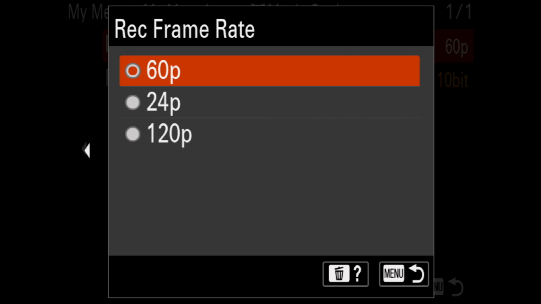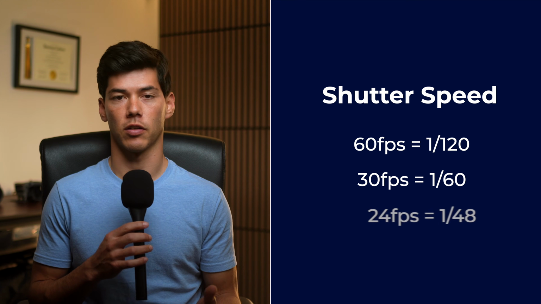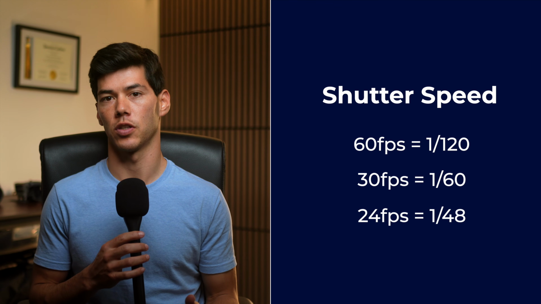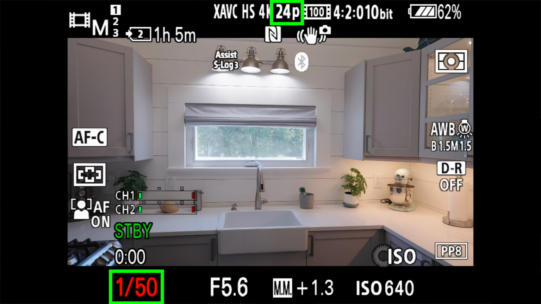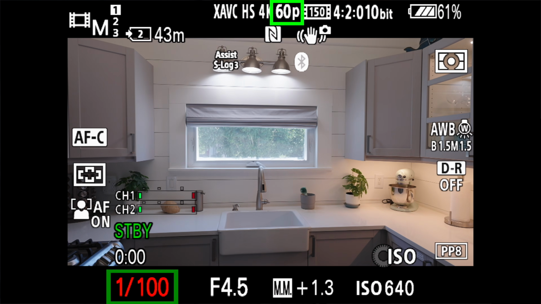Set your frame rate to 60 frames per second. Most modern cameras can shoot 4K at 60 FPS, but even if you only have 1080p, that'll be just fine. Next, your shutter speed should be double your frame rate to create natural motion blur and make your footage feel cinematic instead of choppy. So if you're shooting at 60 frames per second, the shutter should be 1/120th, or the